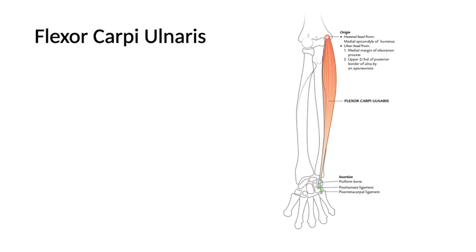Again here we are saying two heads of the flexor carpi ulnaris. So the ulnar nerve enters the forearm by passing through the two heads of this flexor carpi ulnaris. So let us again revise: between the two heads of the pronator teres, what passes? The median nerve, and the ulnar nerve passes through the flexor carpi ulnaris.